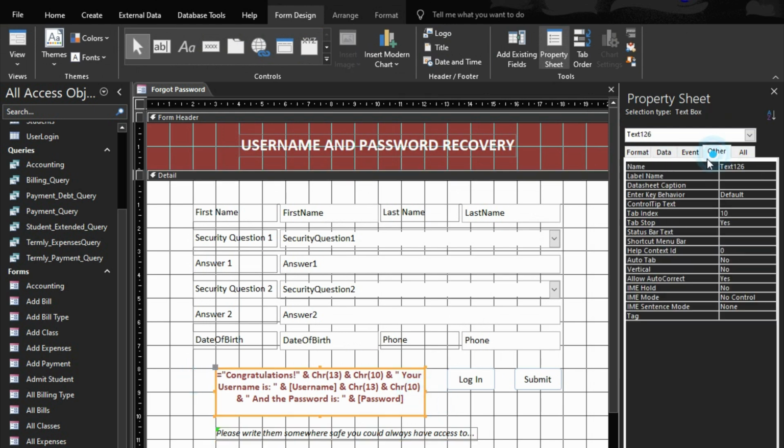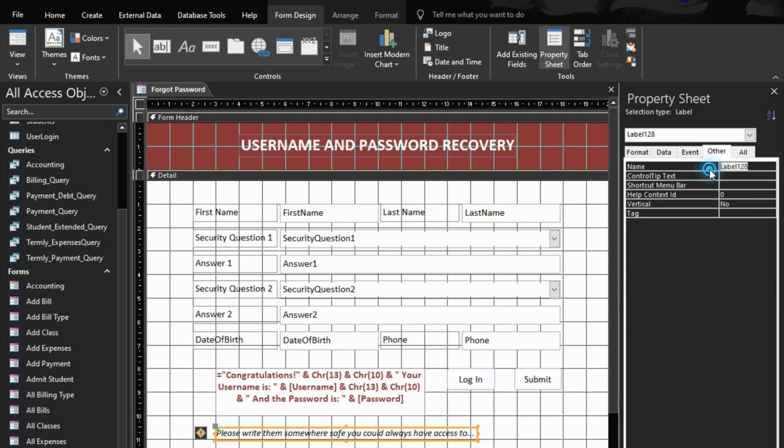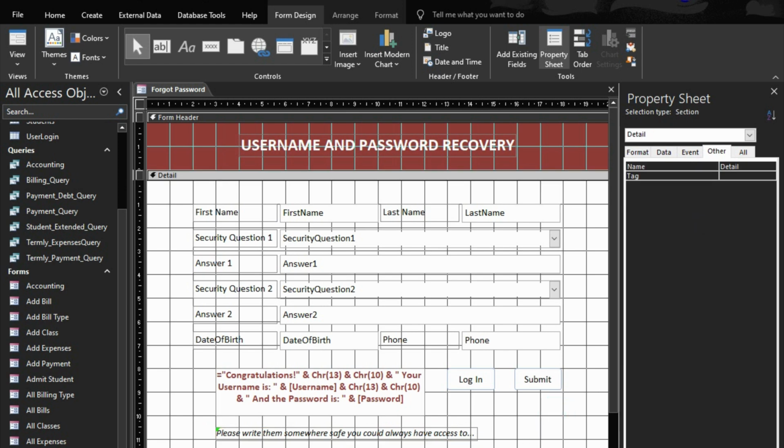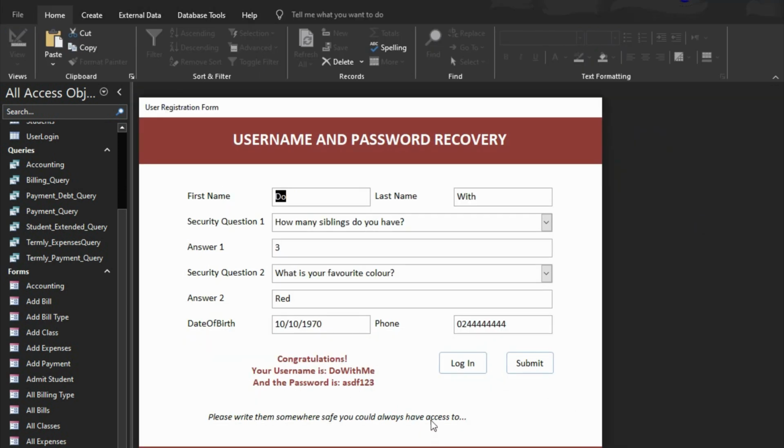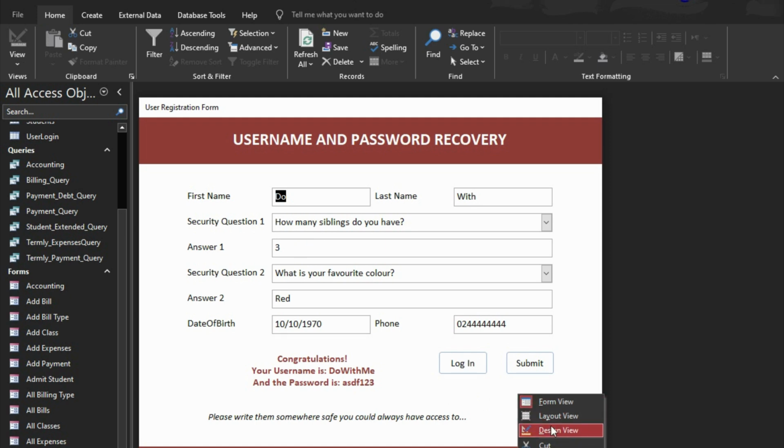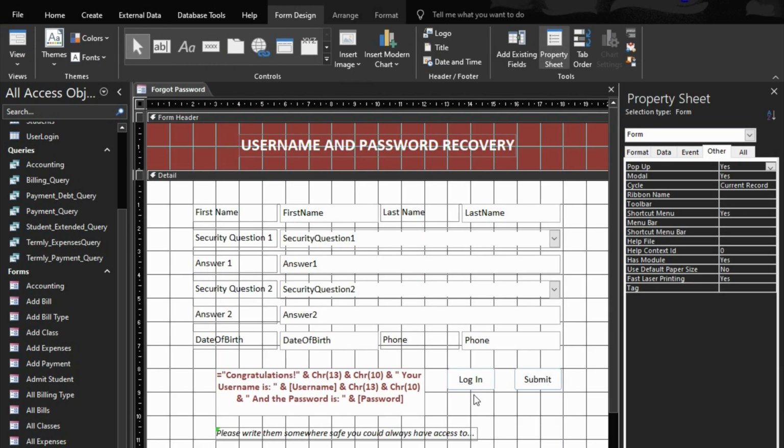So this one, the name is going to be show password, and this one too is going to be show text. All right, so now this is it. You can see that our details are shown here. So what we are going to do now is to code the submit button,